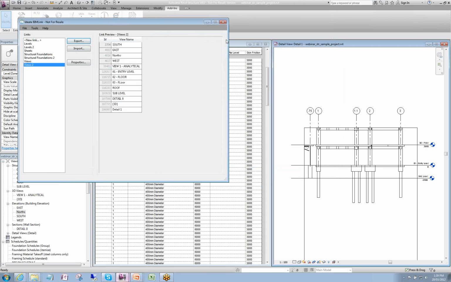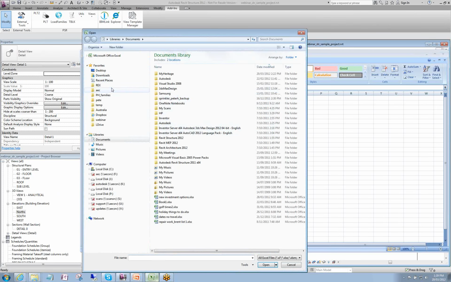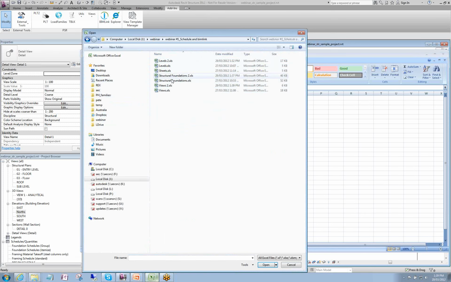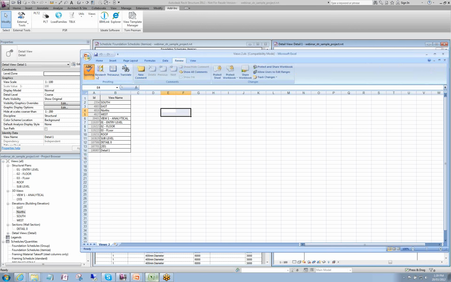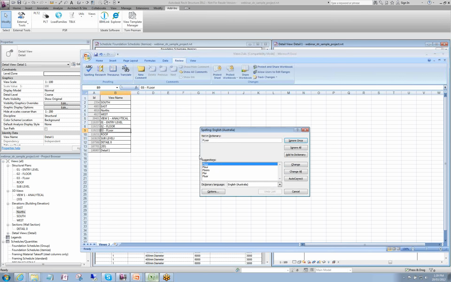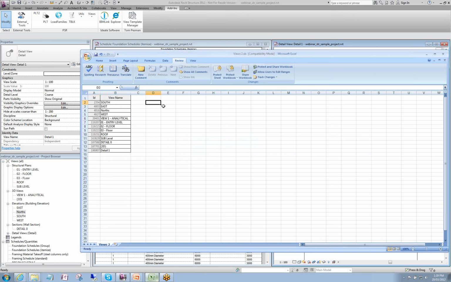Export, views, close, Excel, open, views. There it is there. If I had a spelling mistake at this time here, I could use spelling. For example, that was incorrect spelling. Okay, so there it is there. So I could quickly even use this spell check. And then if I wish to do upper,